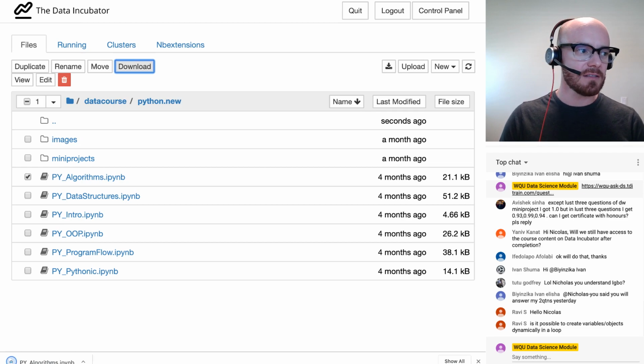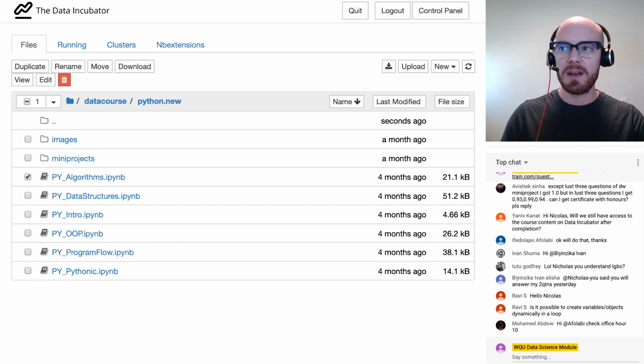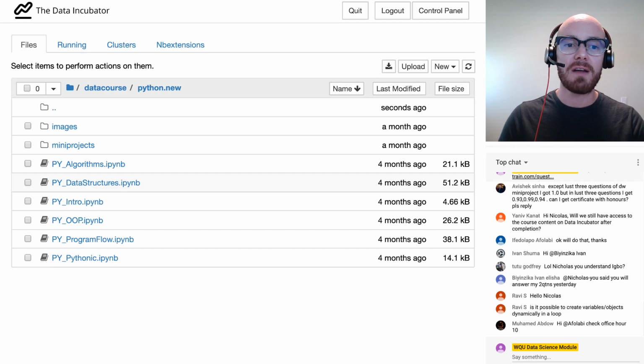If I do that, you can see a little beeping or a little something in the bottom left-hand side of my screen, and I can open it. The point is that now I've downloaded it. So if you want to save these notebooks for reference later, you can do just that.